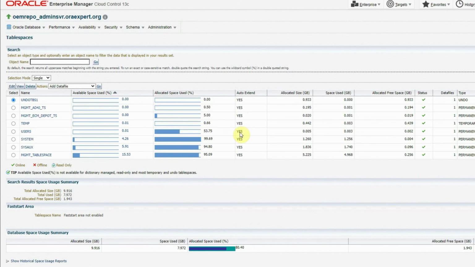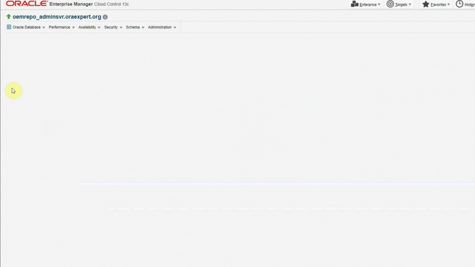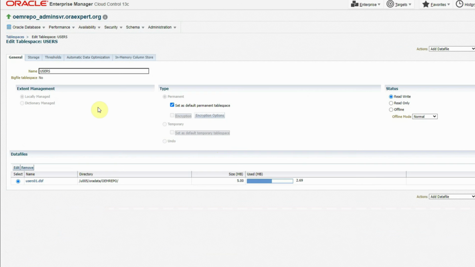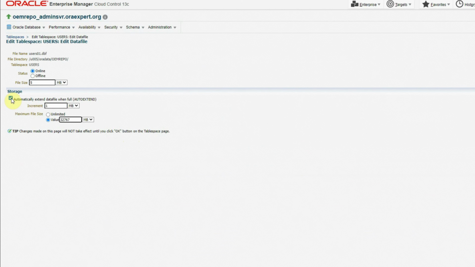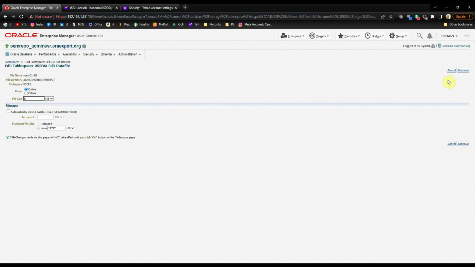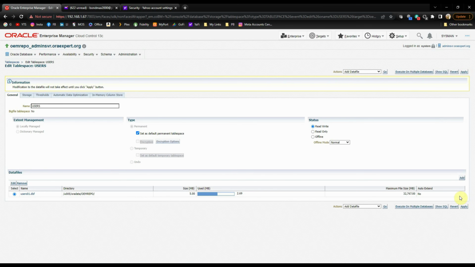And we see that all these tablespaces are with auto extend on, so we are not going to receive any alerts. So what we will do, let's take any of the tablespaces and we will just switch the auto extend off. Let's take the users tablespace, click on the edit button, and it has just one data file. Click on the edit button again. We will switch the auto extend off, and now let's see if the tablespace utilization